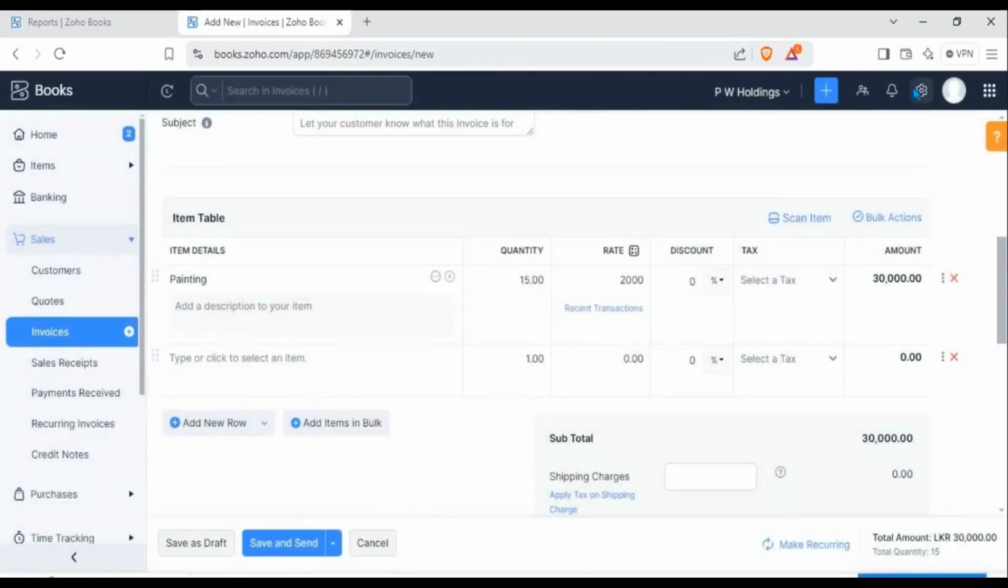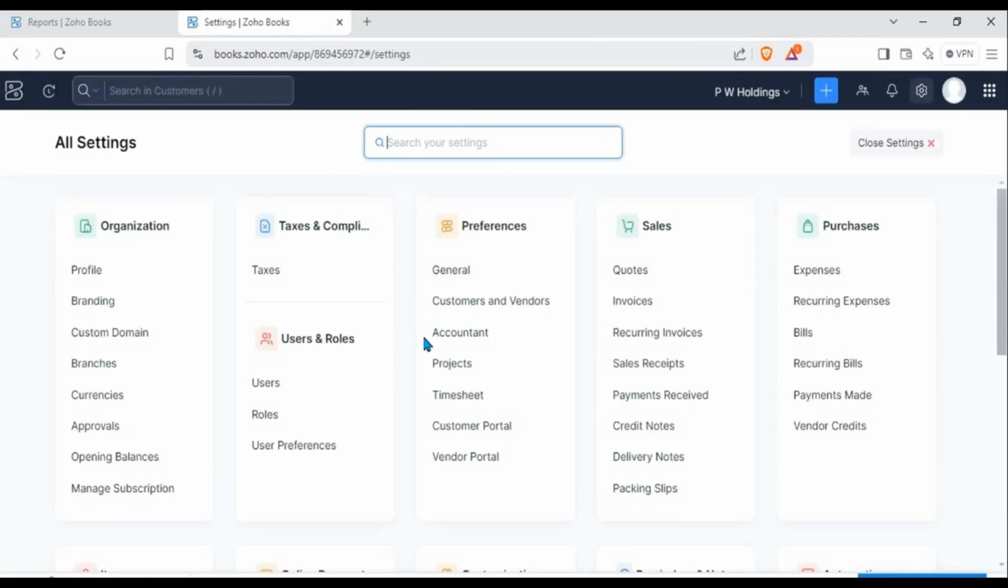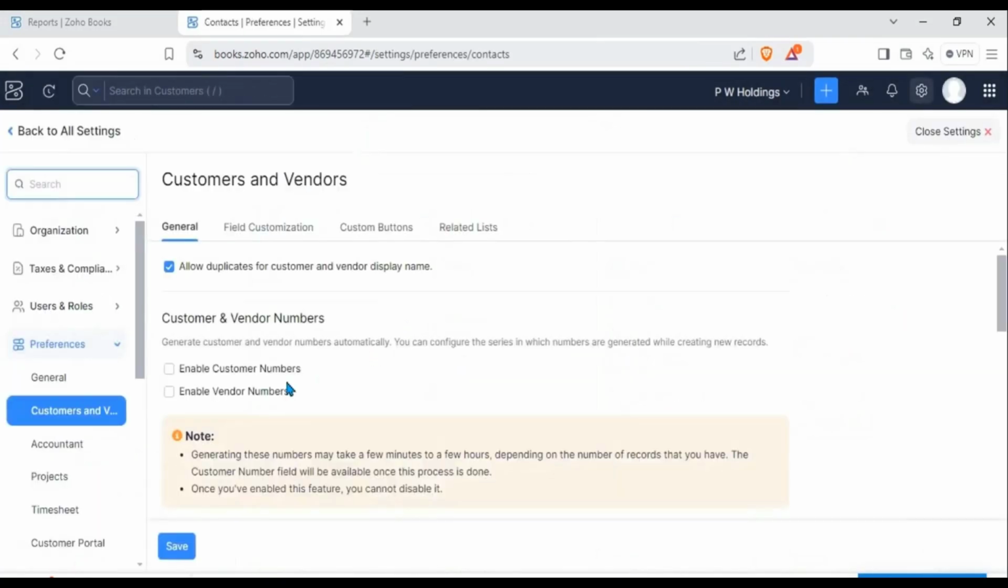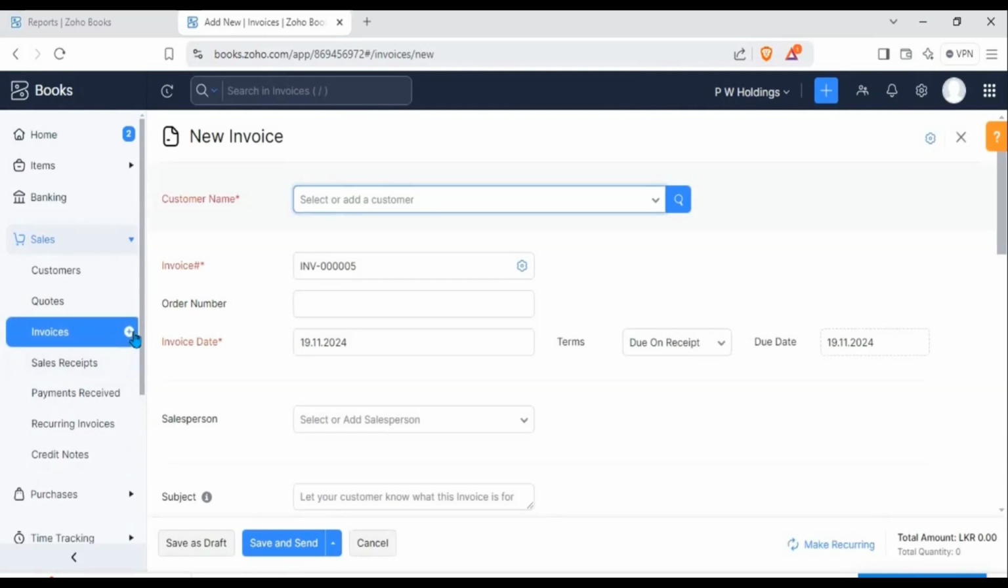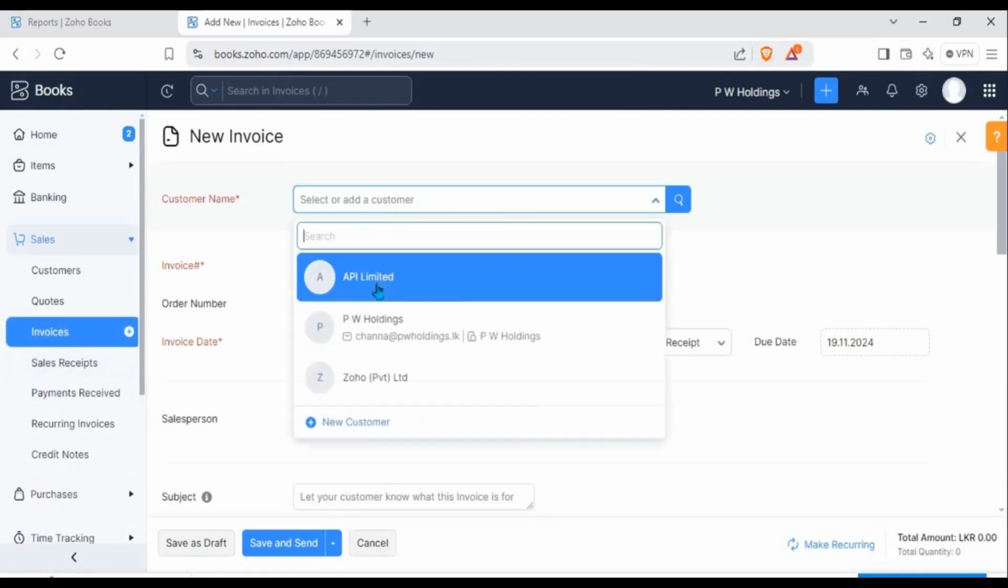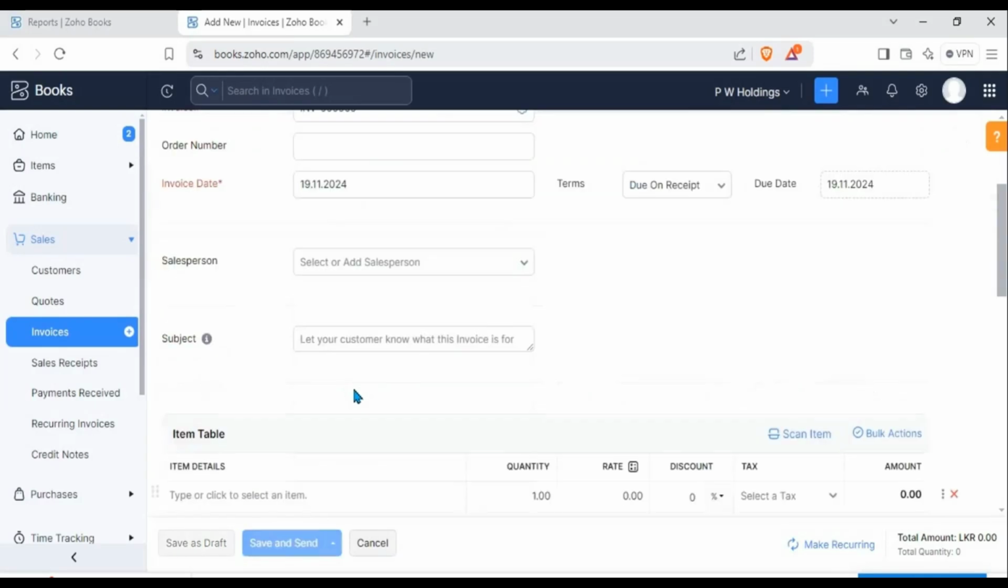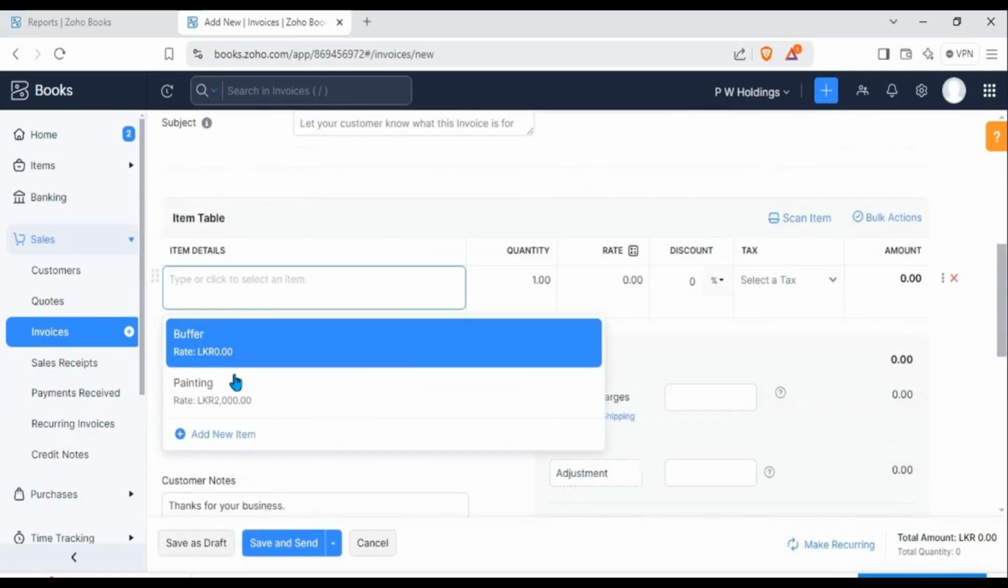Right. Next, we will check the other option. The first option, restrict creating or updating invoices. Click save, close settings, go to invoices and select the customer, select an item,